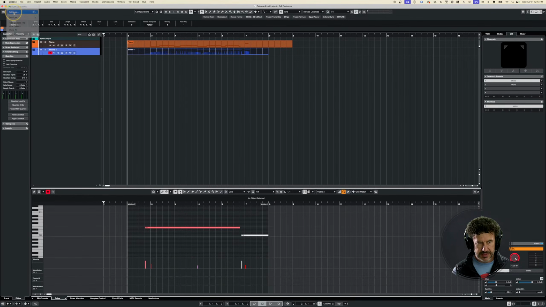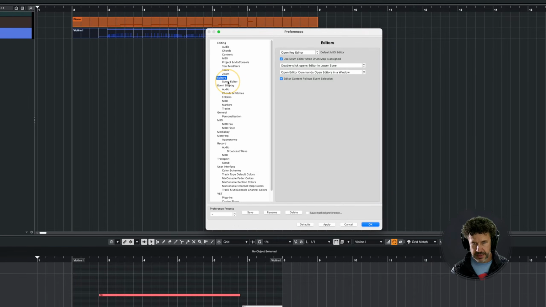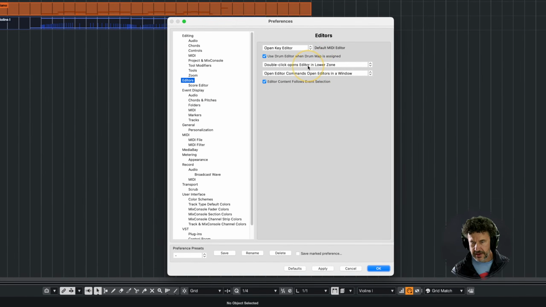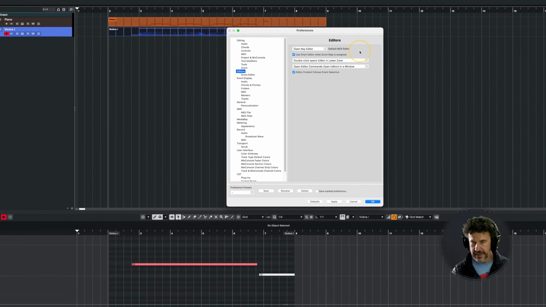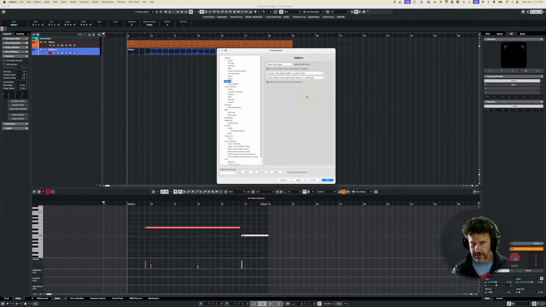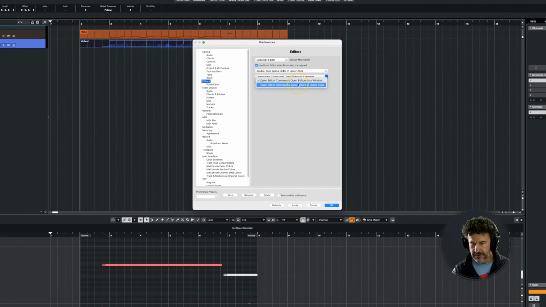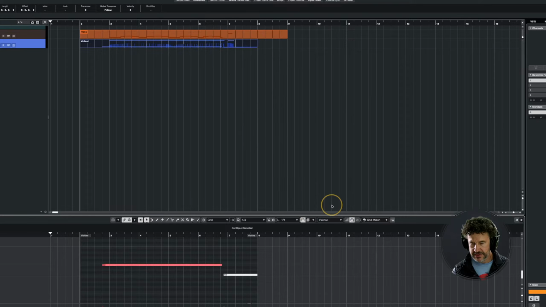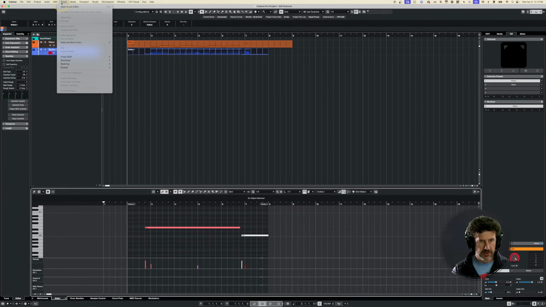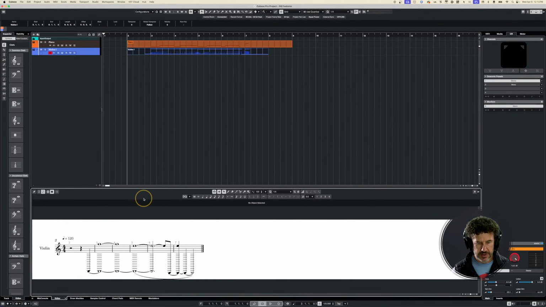When I go into Cubase settings and you go to editors, and you go over here, double click opens the editor in the lower zone, and I want it to open the key editor. If I change this to score editor, it'll open the score editor in the lower zone, but that's not what I like. I like to see the regular score editor in its own window. Now let me just show you that if I were to go and change that to lower zone, that's the default setting. This is what happens, and what I don't like is if I go up here to the score menu and I select open score editor, it replaced the key editor with the score editor, so I kind of